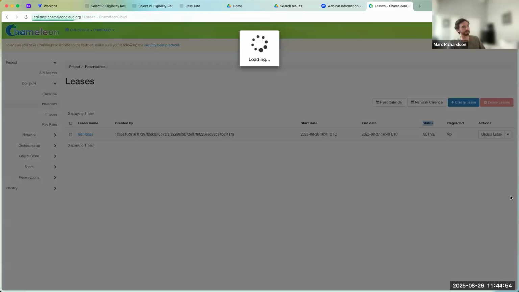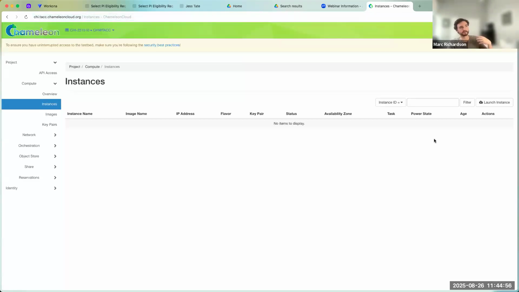And while the instance is booting up, you're going to see the status changing from building to running, etc. This can take quite a while. We're launching bare metal instances, so these things can sometimes take 10 to 20 minutes to start up. So be patient. If you don't see your instance running immediately, it probably just needs some time to get started. So go take a bathroom break, get some coffee, come back, and probably the instance will be